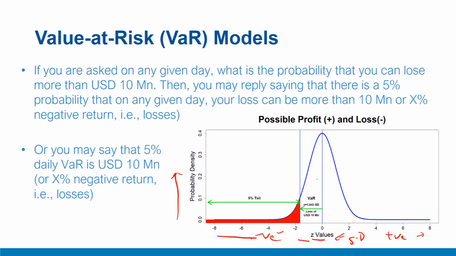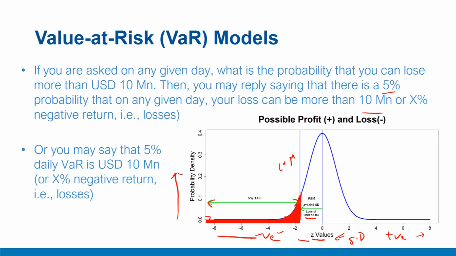Let's say you plot this kind of graph and you find that at a 5% cutoff, you start from this end to this end, and you find that the 5% area stops or cuts off at a value of 10 million loss. Here, this point represents $10 million loss and the area under the curve is 5%. So 5% probability lies beyond a minimum value of 10 million. Then you say that assuming this was a daily distribution, on any given day, the probability that your loss can be more than 10 million is 5%.